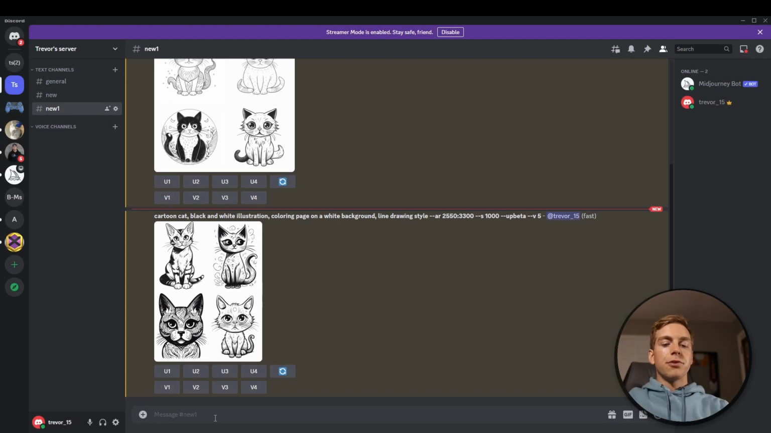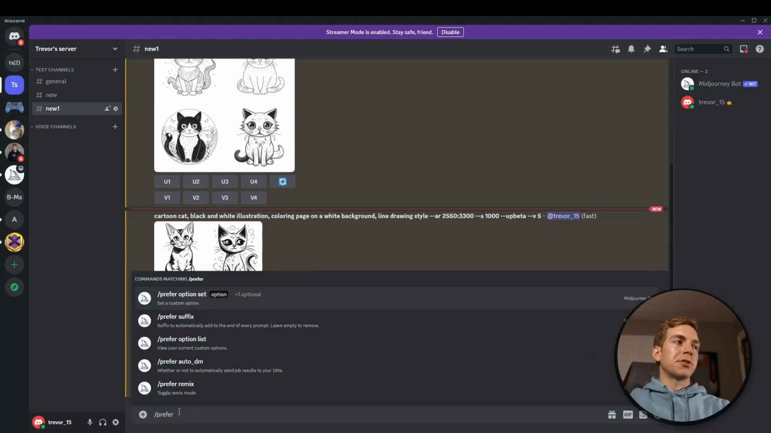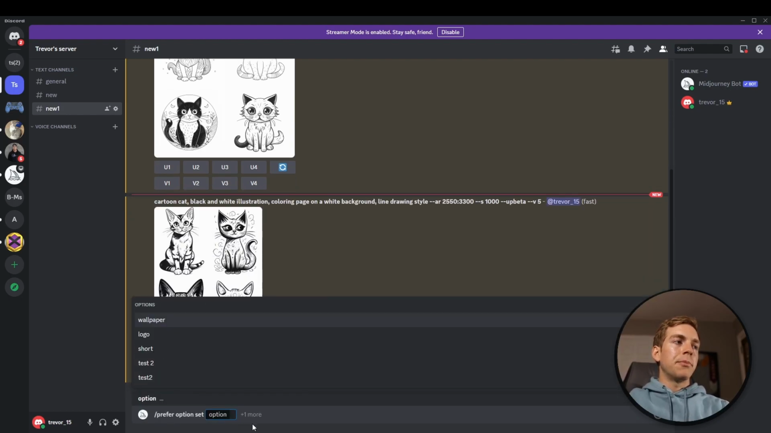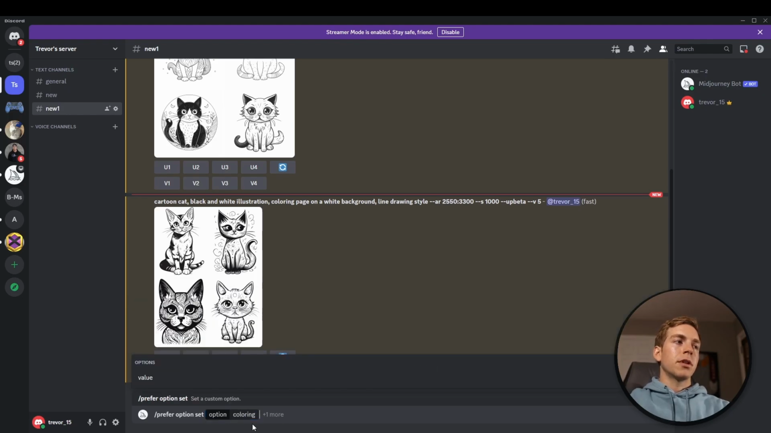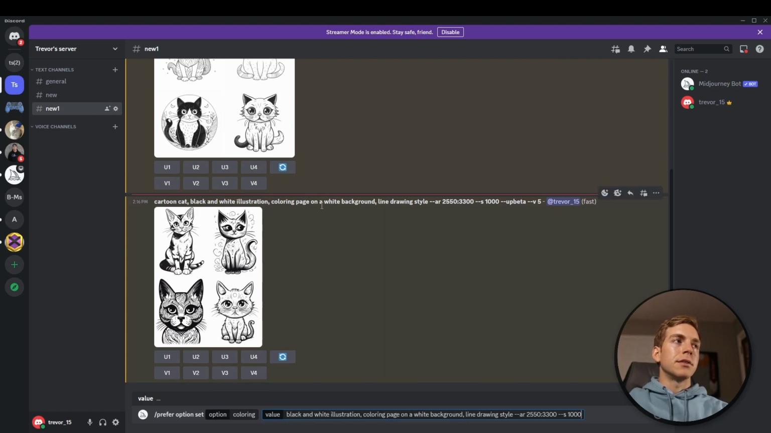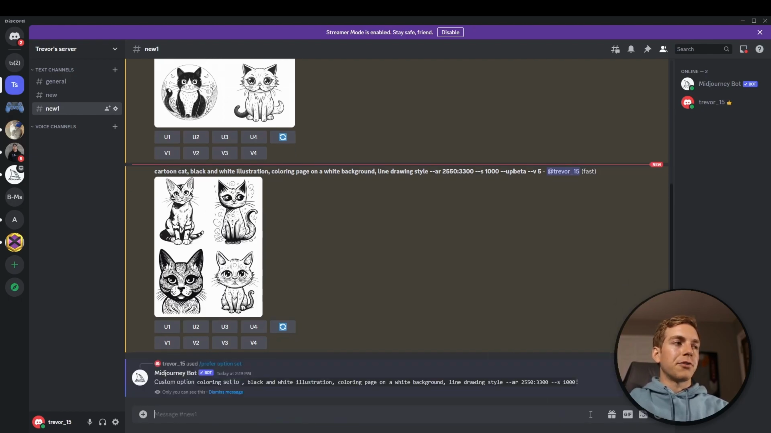The next thing that I want to do is create a custom option set so that we don't have to type this whole thing out every single time. So what we're going to do is type prefer option set, and then we're going to name the option. So I'm going to call it coloring, and then we're going to tab over and click this button for value. And this is where we paste in what we had before or whatever we want this option set to be. And then I'm also going to make sure there's a comma at the end here, just because I don't want to have to type the comma every single time that I do a prompt. So if we click enter, it should have created our custom option,